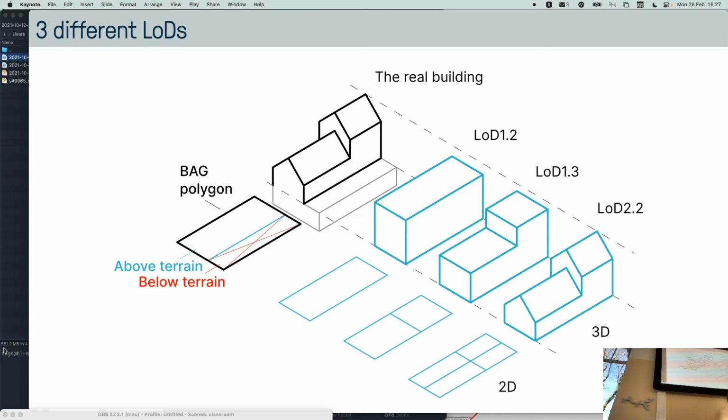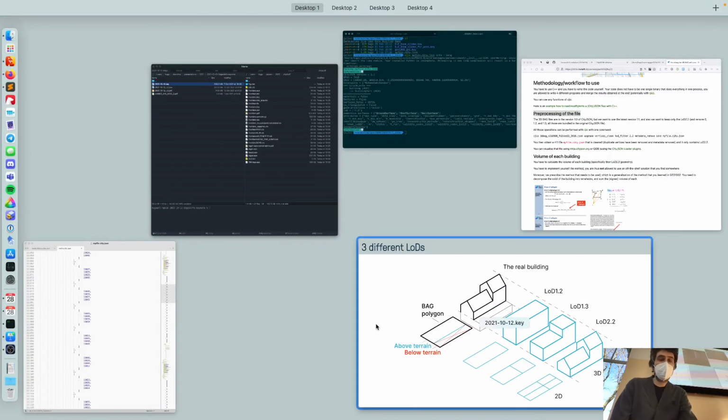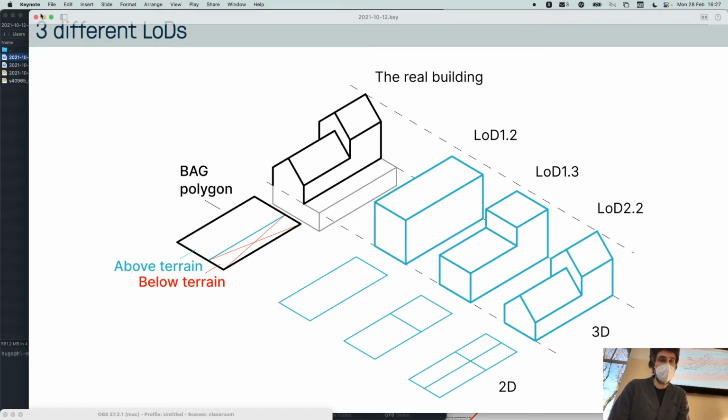So we also work with the LOD, what we call 2.2. So 2.2 is basically the shape of the roof without chimneys and without details. But you can also have the same information with flat roofs or generalized versions. So in the file that you download, you have all these LODs together. But for the assignment, we only want you to use the LOD 2.2. So that you need to remove the other ones.